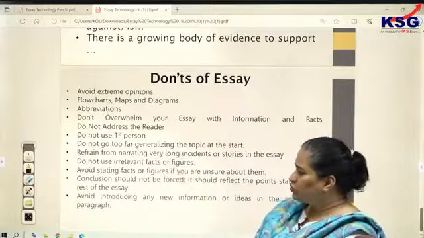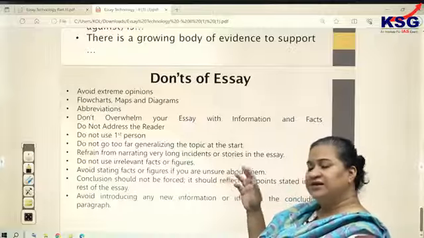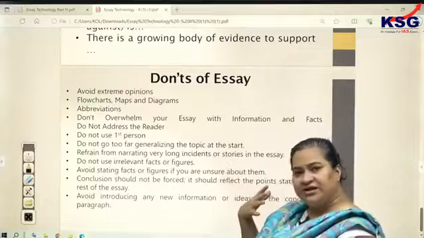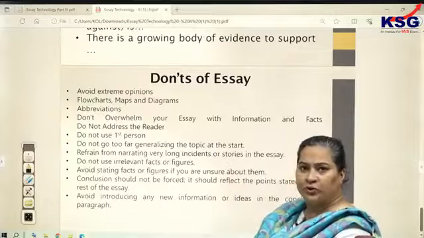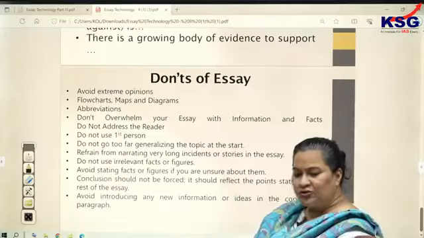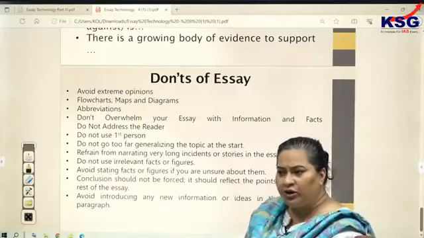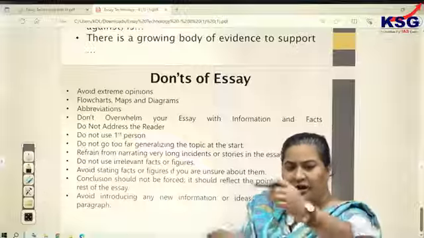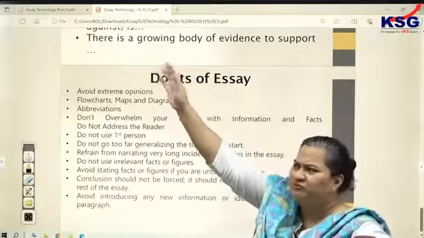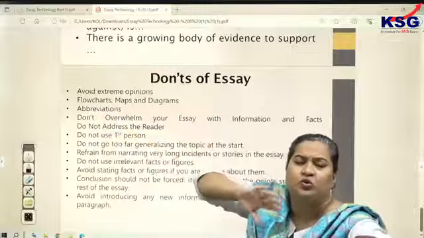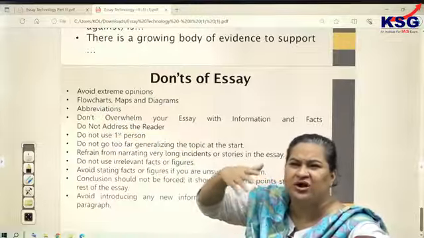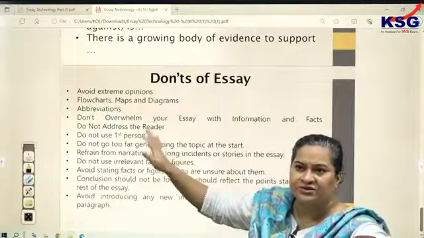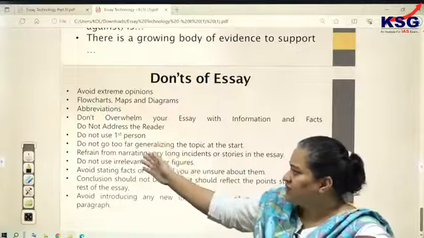Further, you can say do not go too far generalizing the topic at the start. Never ever do that. When you are generalizing the topic towards the beginning, it means do not write average points or regular points or miscellaneous points towards the beginning. That is called generalizing. Don't write too distant points, or points that could have been written in the midst of the essay. Don't write them towards the beginning. Otherwise, it looks too generalized and simplistic in engagement with the given topic. All right. That is what can be observed over here.